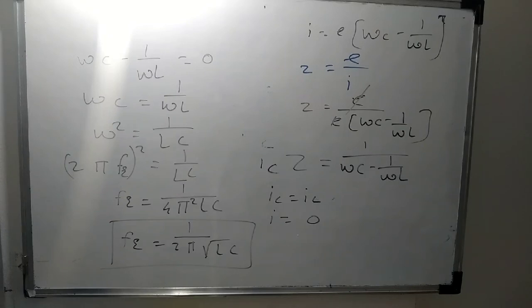So this is about the chapter AC circuit. Now the theoretical part of the chapter is finished. Now we will move towards the numerical part. We have to take a few numericals from this chapter.